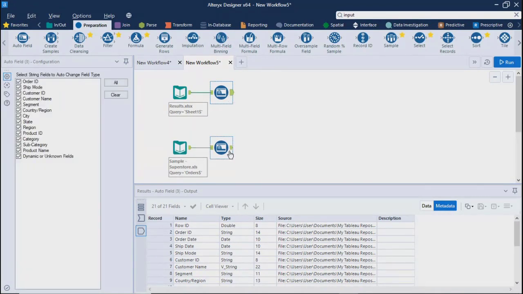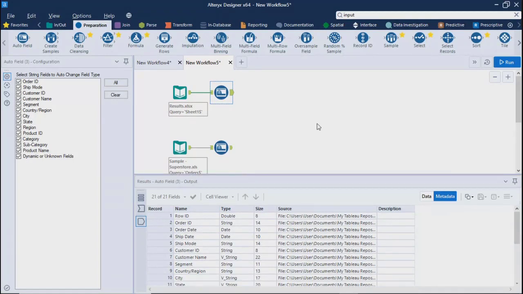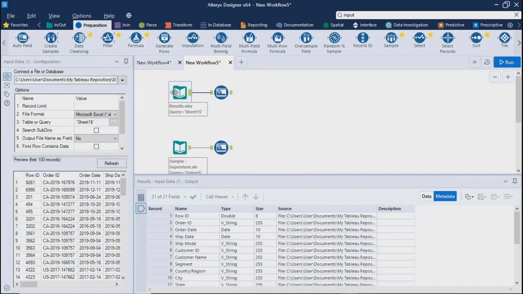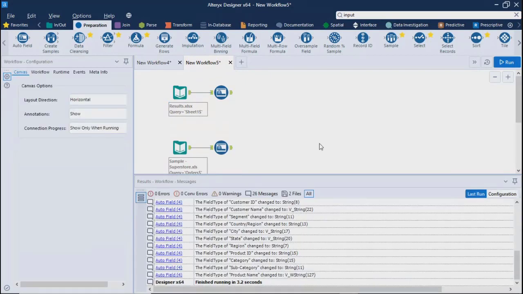Okay, so over here if you see, for sample superstore it has taken the dates as date time, and for results it has taken date as date only. So it could be different data types. Maybe because in this one we have copy pasted the data, that's why data type is different. So that's fine, no need to worry about that. It is all about your data. You have complete flexibility. Whenever you want to change anything, you can do that.